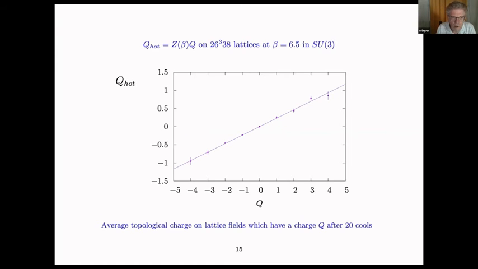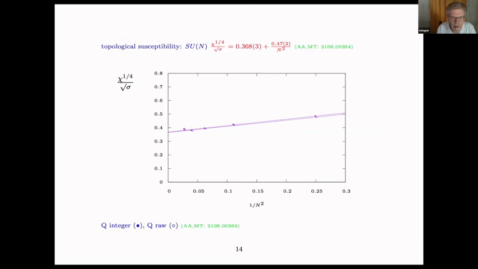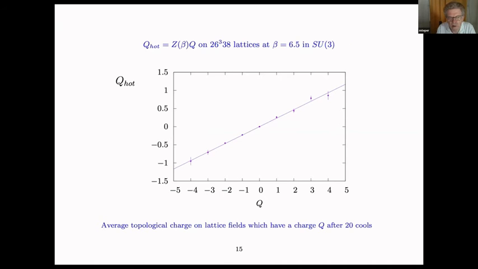So the next thing I would like to mention, and this has to do with the theta vacua, is to do with the topological charge on the original Monte Carlo generated configurations when you calculate it, and its relation to the true topological charge, which I take to be given by the value after 20 cooling sweeps. One could take 10 cooling sweeps, you get exactly the same value even after 5 cooling sweeps. Anyway,